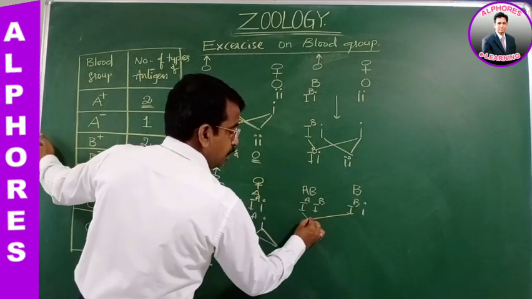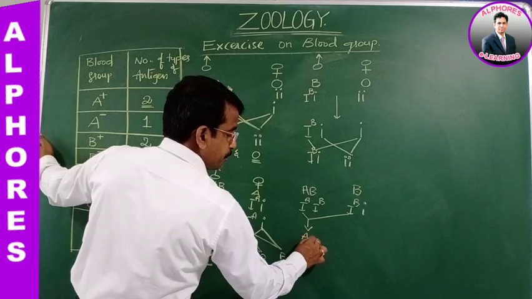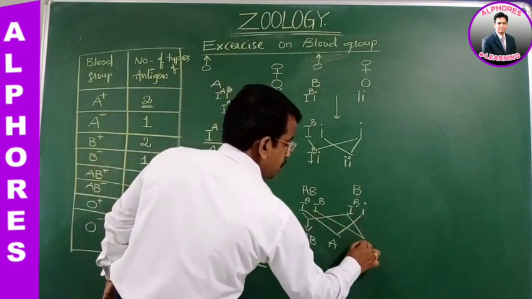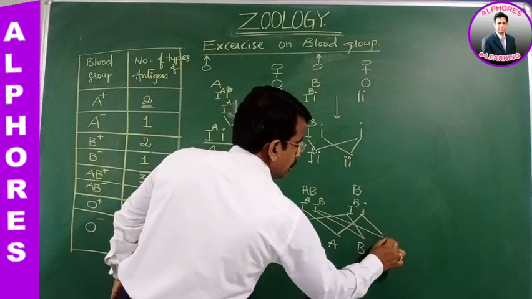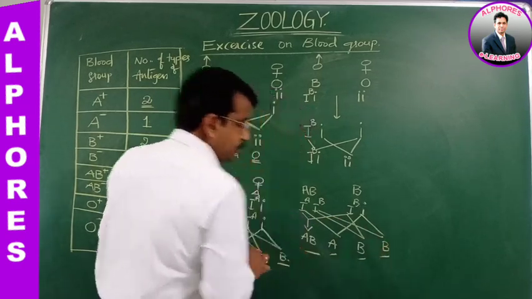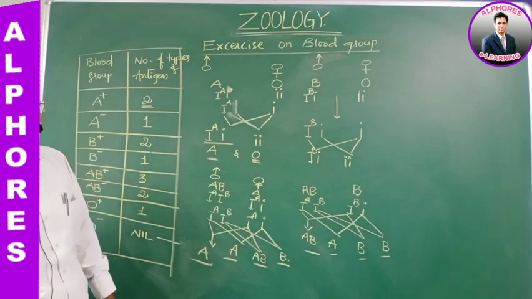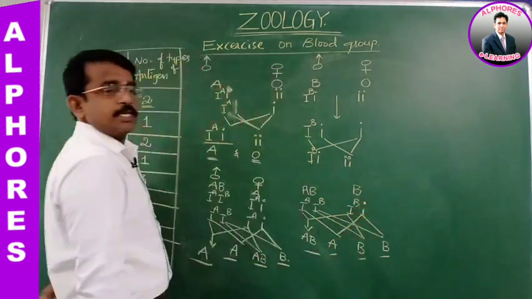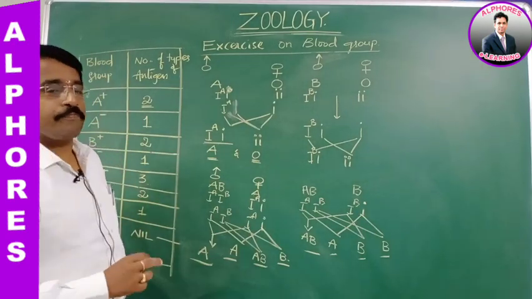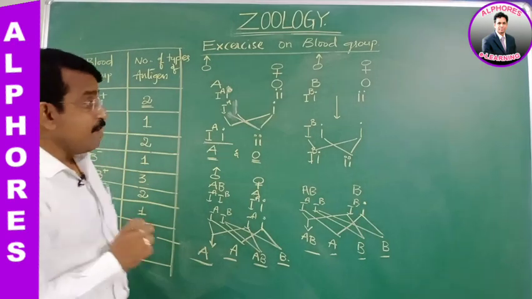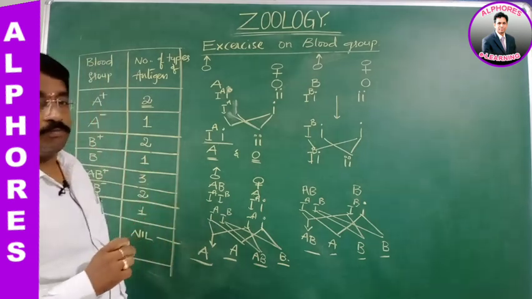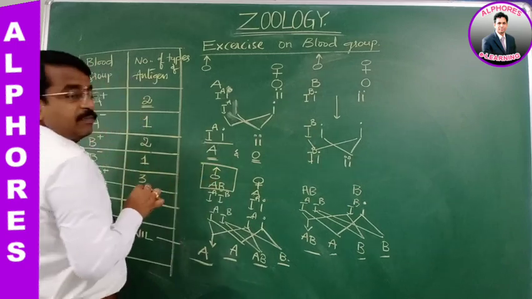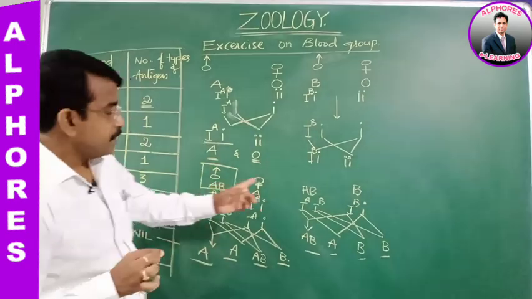So this is AB, A, B and B. Look at here. So by all these combinations, one point to remember, if one of the parents is with the AB blood group, if one of the parents here is AB,